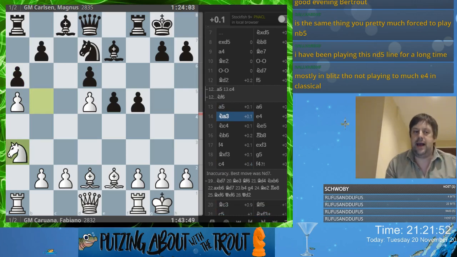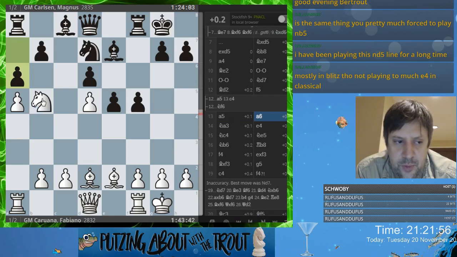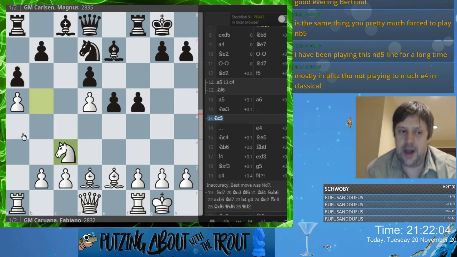They all were like, well, yeah, obviously the knight's going to go back to a3. I don't understand why the knight would go to a3. It doesn't make any sense to me. Why wouldn't you just come back to c3? I guess they're all hung up on this c4 idea. But I don't see anything wrong with this move. In fact,